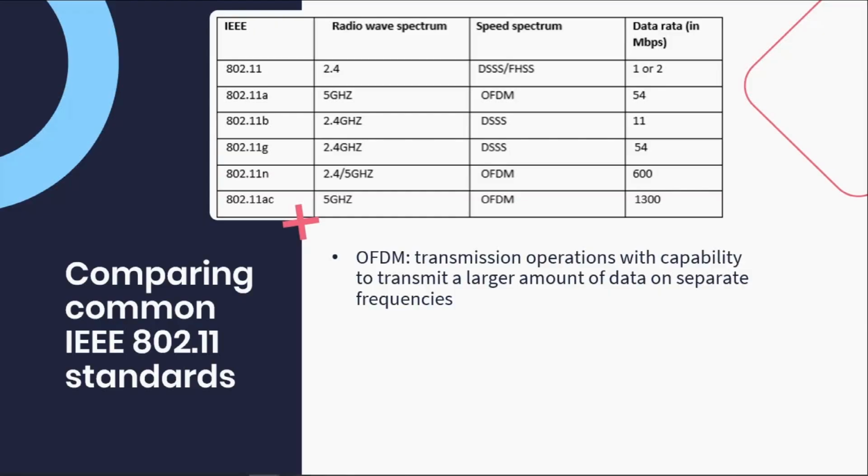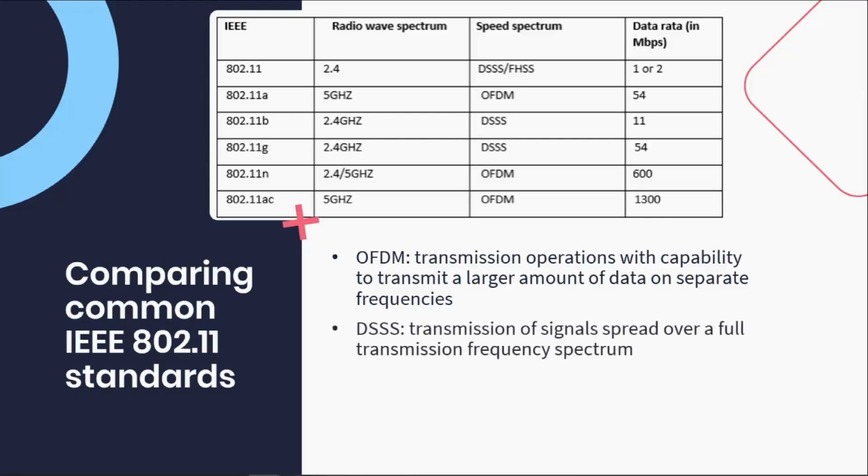802.11g, 802.11n, and 802.11ac wireless standards, and is used in 4G mobile phones. DSSS, direct sequence spread spectrum,